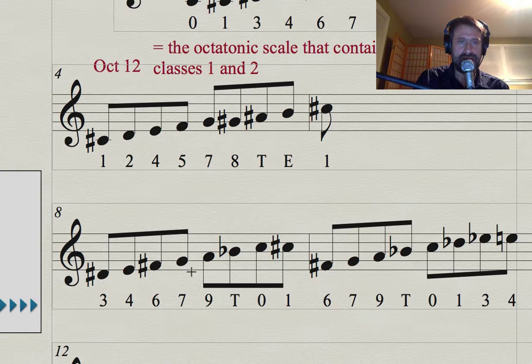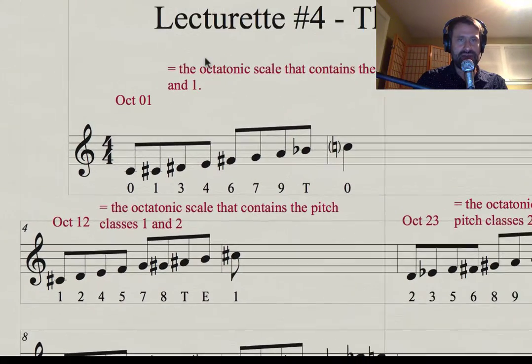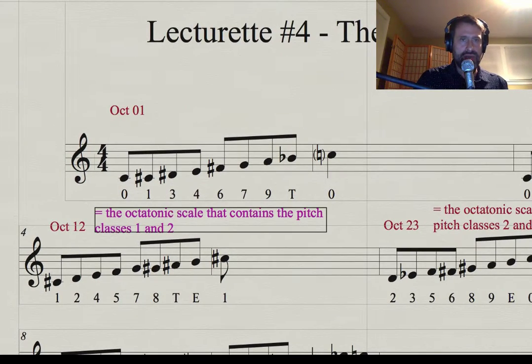E becomes G, right? F sharp becomes A. The technical term is D sharp is mapped onto F sharp at T3. So this is just part of the symmetrical nature of this scale. I want to clean this busy stuff up a little bit now. And what I want to do